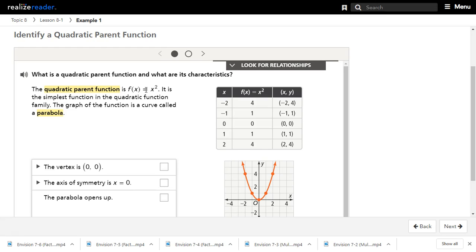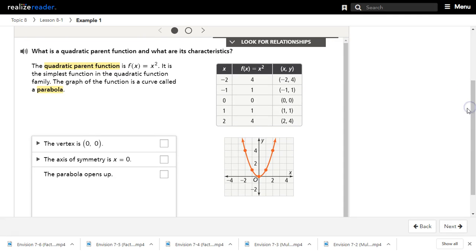Okay? Now, notice, what does it make? What kind of shape is that? Y'all know what that's called? A U. It is a U, but we don't call it a U, we call it a parabola. Okay? It is a parabola. Now, the curve is a parabola. I understand you're going to call it a U. Try not to. Try to use the proper term, parabola. All right, it's making a parabola. Here are my points. I got negative 2, 4, negative 1, 1, 0, 0, 1, 1, and 2,